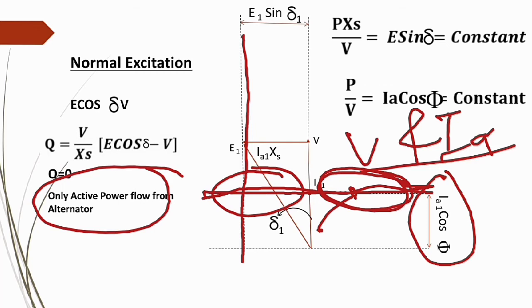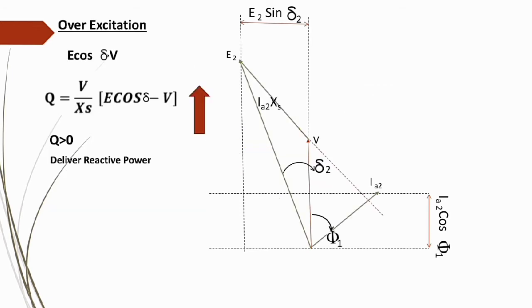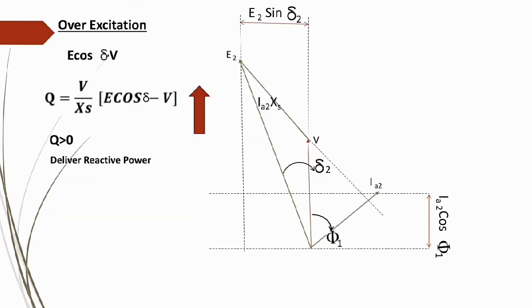Okay, so let's see what will happen when we increase the EMF or increase the excitation. So here we increase the excitation. When we increase the excitation, you just notice down, del 1, the value of del 1 will decrease. In the upcoming slide we compare the load angle actually. So we see here, when the excitation is increased, it follows this locus, and the current is going to the right side, and this is the case of over excitation.